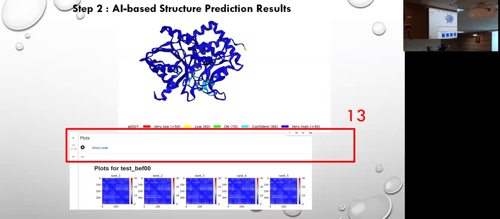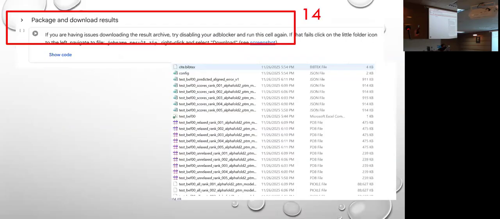Okay. If you check on these plots, you will see the plots down there. Now, this is the last cell which you will run in order to get your results. Package and results download. So when you press this button, this is the last step of AlphaFold. It will give you a zip file, a compressed file, and all of your results, plots, models, how many ranks you have provided, recycle seeds, everything will be provided in that file.